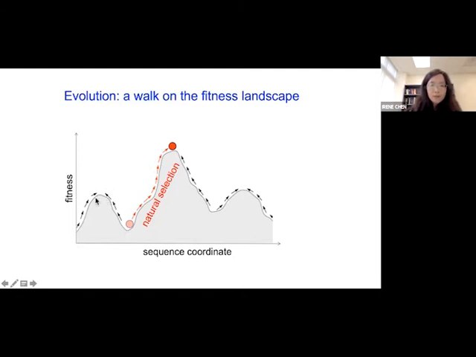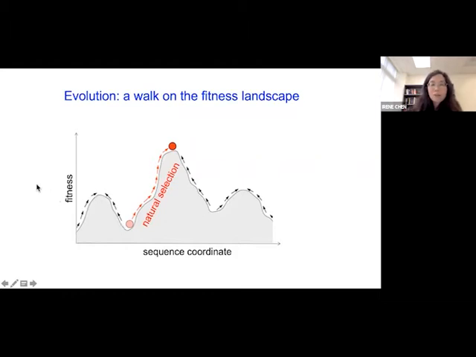So if we knew what this fitness landscape looked like, if we had a map of this landscape, then you could infer some things about evolution, like how many different peaks are there, how many different solutions are there to this catalytic problem, and how difficult is it to start out from a low-lying area and discover a higher peak. And then also, what are the chances that I'll discover a suboptimal peak versus the globally optimum peak? Is it possible to get from here to here, or will you just end up on these kind of suboptimal